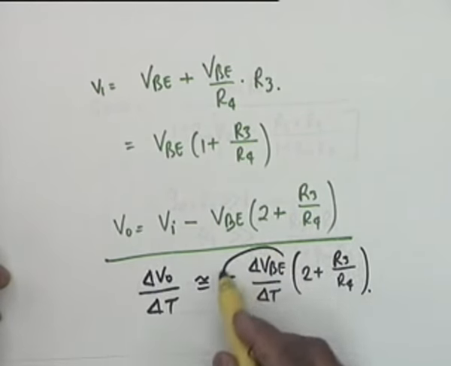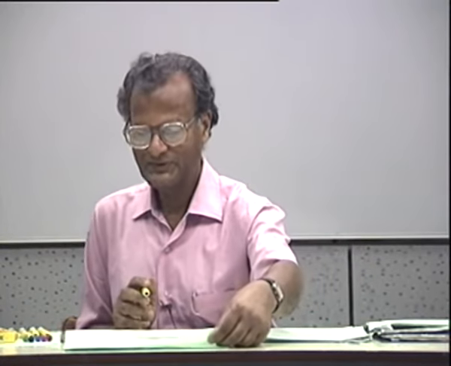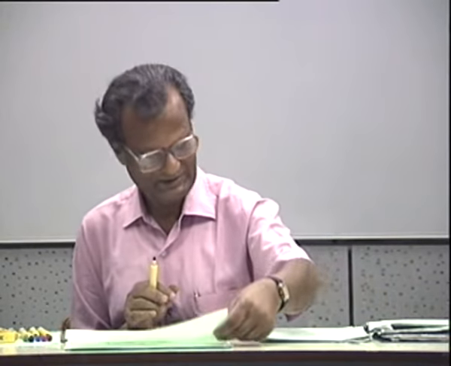Negative. And therefore this is 2.2 millivolt per degree C. And if temperature changes, which it will, if it is in Delhi for example, very large change, the whole circuit will behave differently. Is there a way to compensate for temperature? Yes, sir. Yes, okay. We know this, to compensate for temperature.